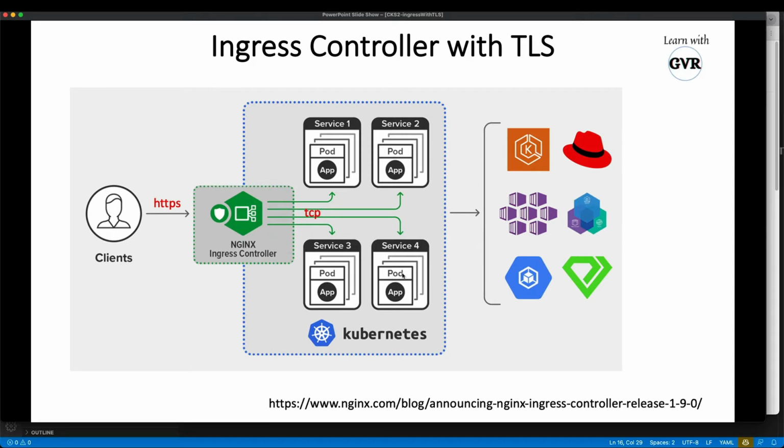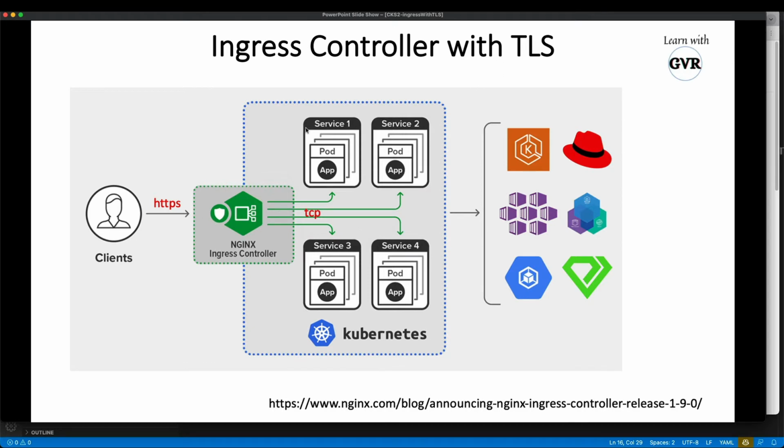So why are we doing it like this? The ingress controller is an abstraction for all these services, and we cannot expose every service as a load balancer. Hence we need a common load balancer, which is a hub and spoke model. Today's topic is ingress control. You set up this ingress controller with HTTPS, which is TLS encryption, and up to here the external traffic will come as HTTPS,